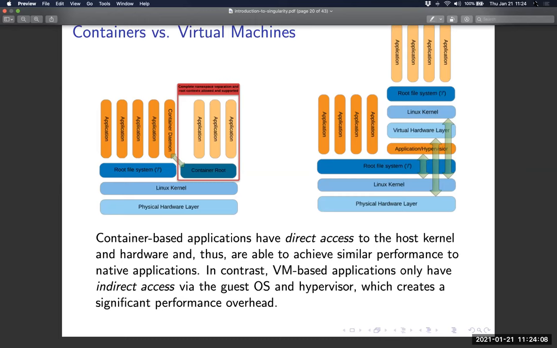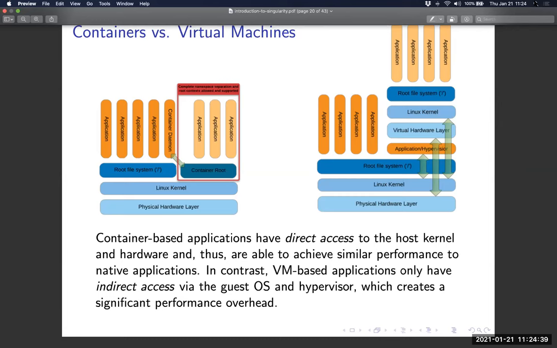system, right? So if you're not familiar with how a Linux operating system works, you have a user space where your applications run, and all of the utilities that you interact with run in user space, and those applications call to the Linux kernel, and that's the layer that really talks to the physical hardware, right? And so the containers are able to actually use the kernel on the host machine that you're running on, versus